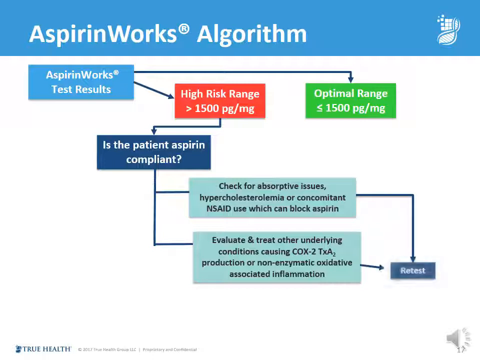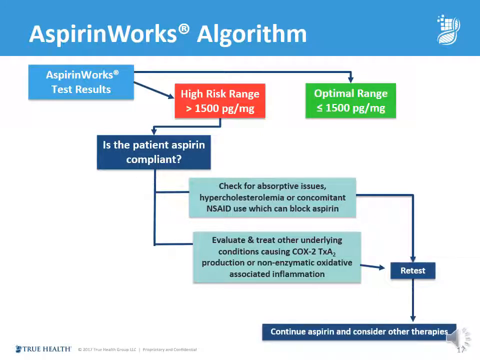Under all of these circumstances, one can ultimately retest the urinary thromboxane B2, especially if you've tried to address the other issues. But remember, even if it persists and you have aspirin on board, the COX-1 pathway is almost certainly inhibited, so chasing aspirin any further is unlikely to result in additional efficacy. So continue the aspirin. You understand the COX-1 pathway has been taken out, and then evaluate the other pathways and see what you can do